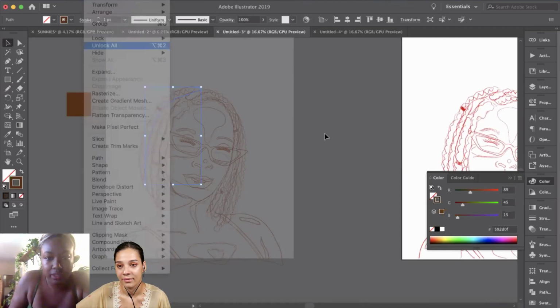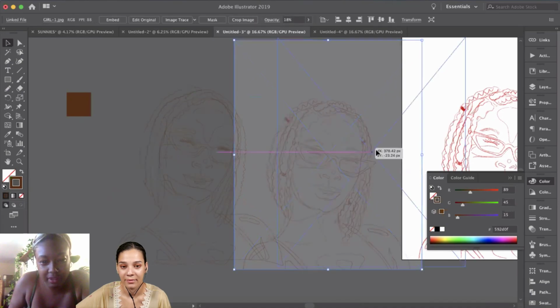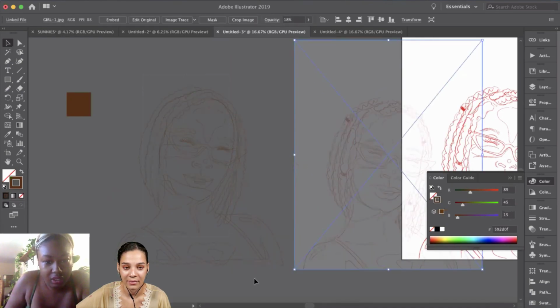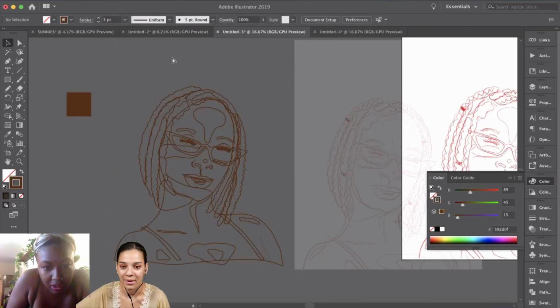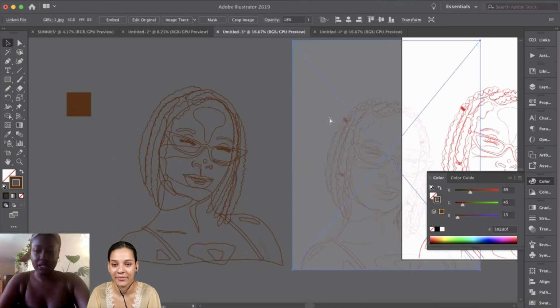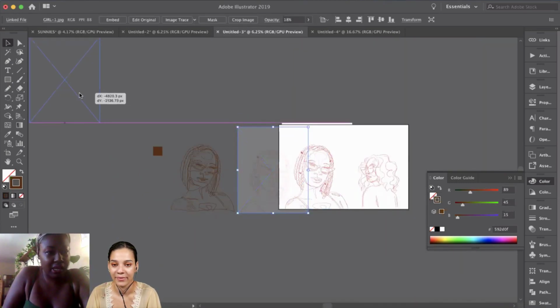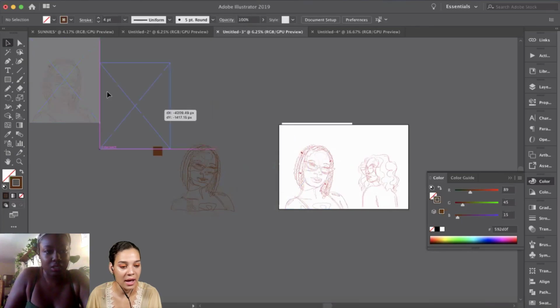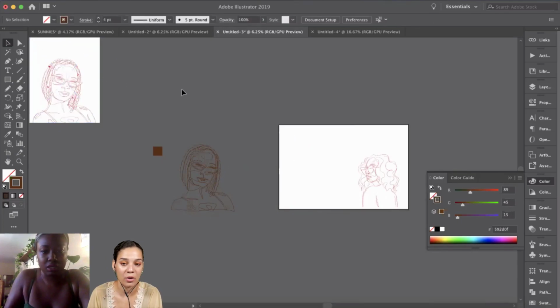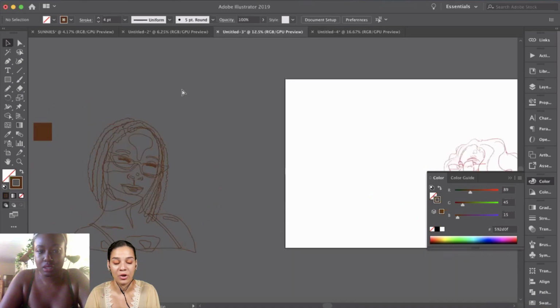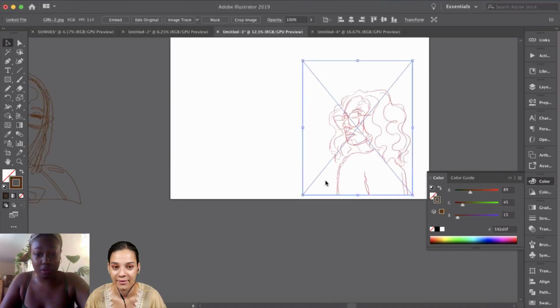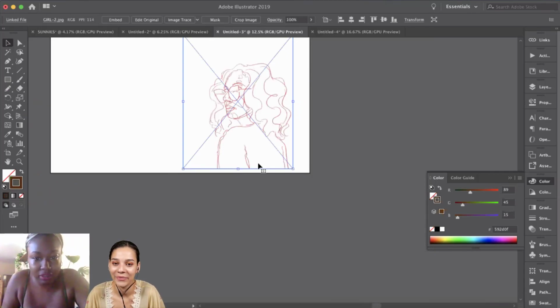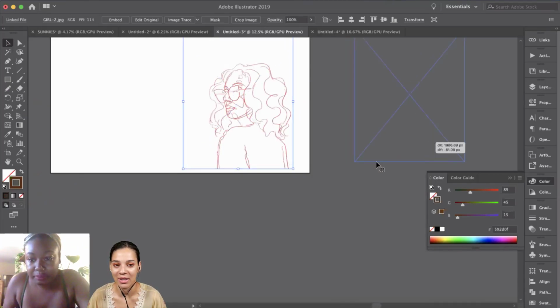Object unlock. All right, let's see how much detail we have in this puppy. I like to move mine a little bit. All right, cool. Great. How are we on time? We still have about an hour before we look at the challenge entries, so we're good. Making sure I can do both, because all I need to do now is literally fill in the colors. I'm so excited.